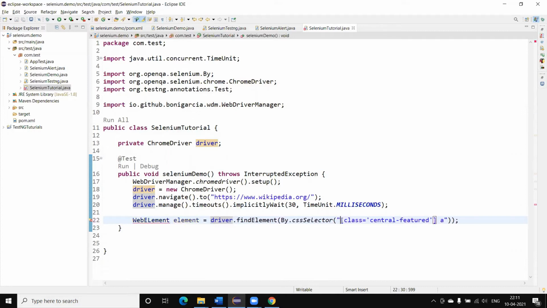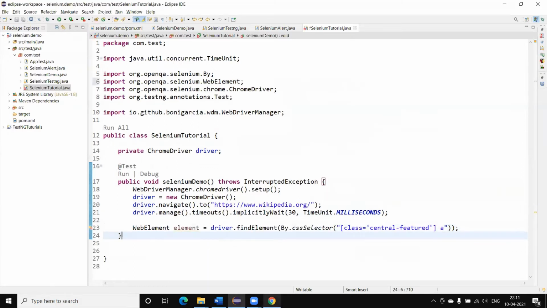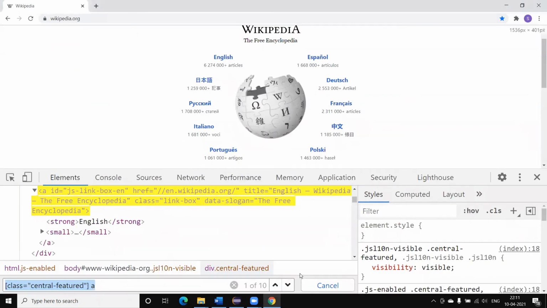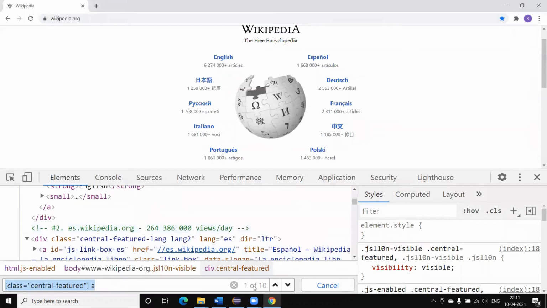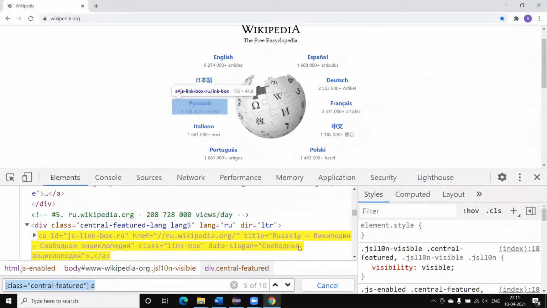Now if I find this, we are getting 10 elements. Here you can see 1 of 10, which means there are a total of 10 elements, all the languages.